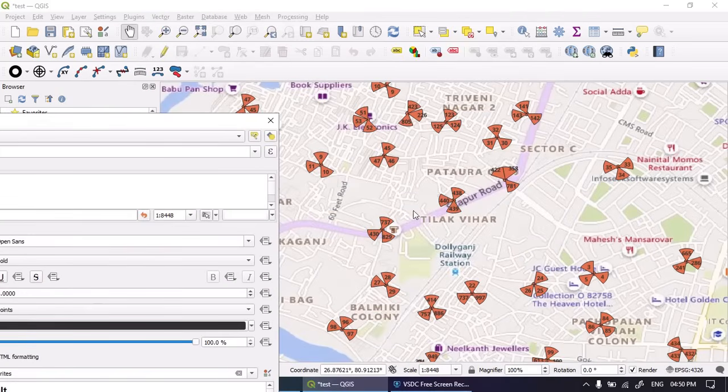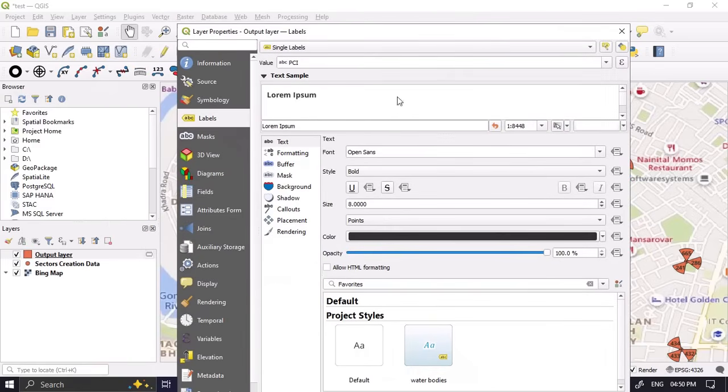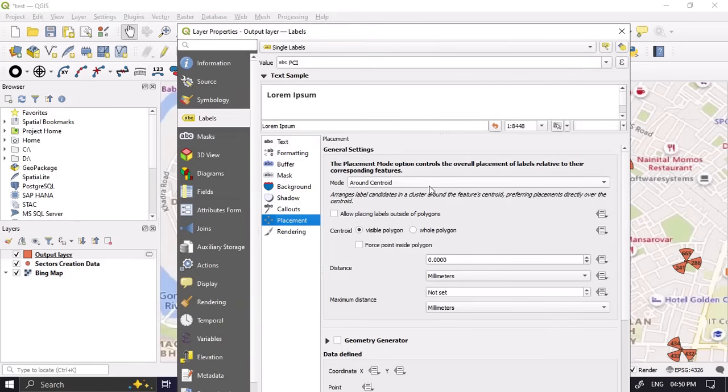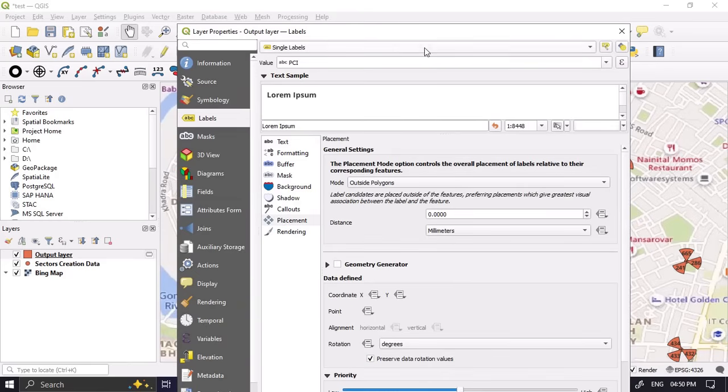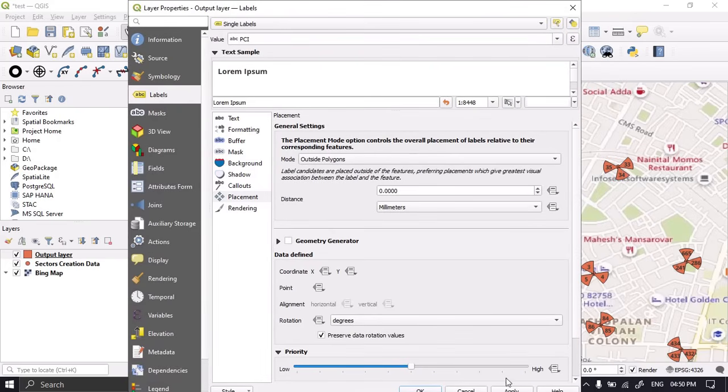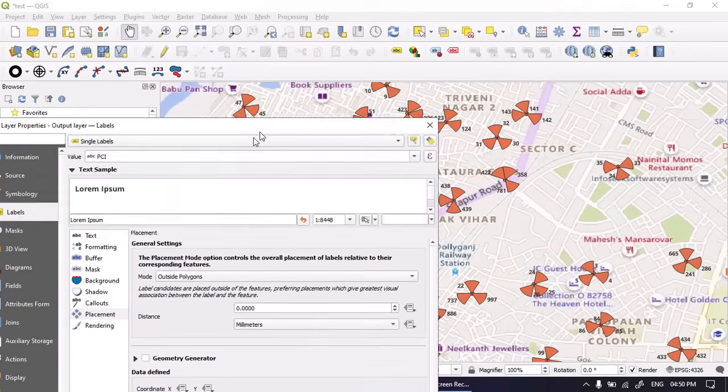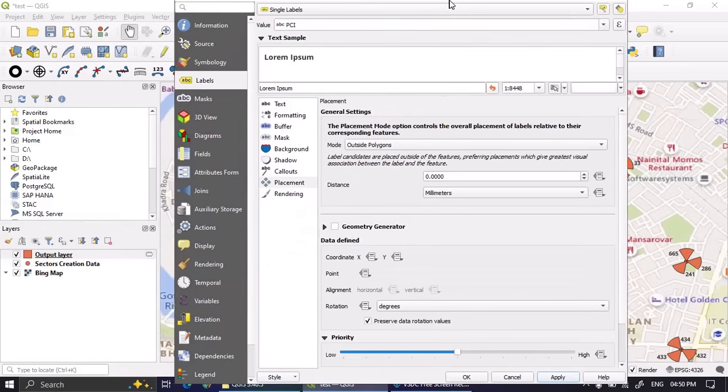You can see right now the PCI is showing inside the sectors. We can also change the placement of this. Go to placement, outside polygons, line. Now the PCIs are showing outside of the sectors.